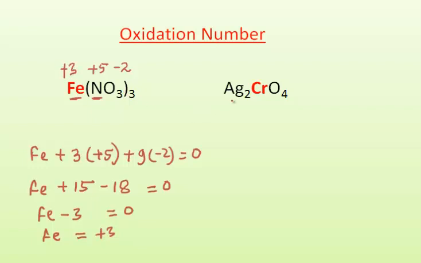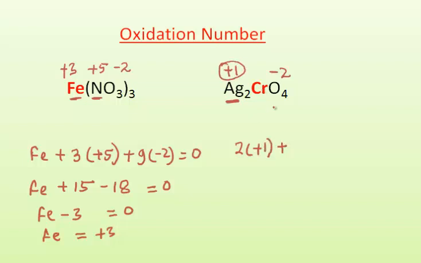The next compound is Ag2CrO4. Ag means it is a silver atom, and the silver atom has a usual oxidation number. In general, we use +1 oxidation number for silver atom. Well, and obviously oxygen has a -2 oxidation number. Now we can do the calculation. There are 2 silver atoms, I put here 2 bracket. The oxidation number of silver atom Ag is +1,